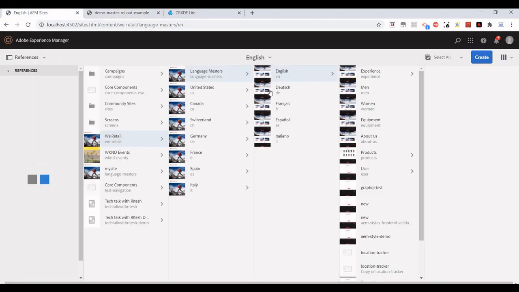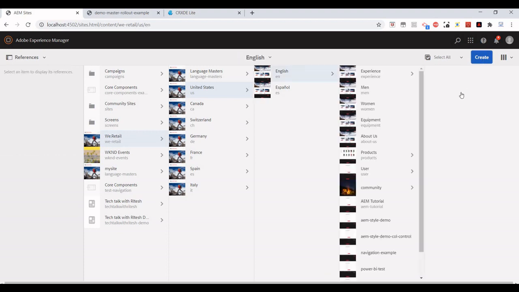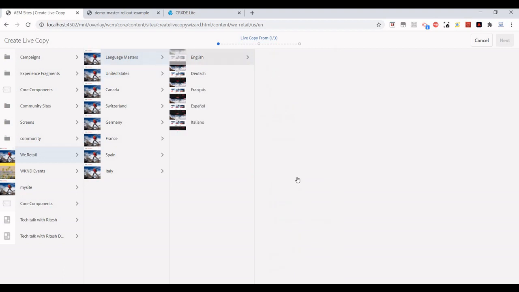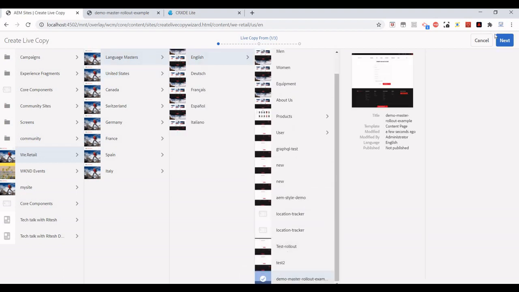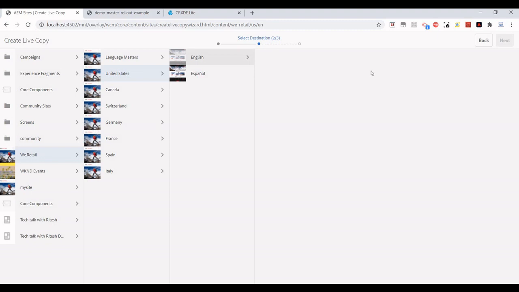This page is created. Now I will create a live copy using this page. I will go to US EN and create a live copy. My page was under here, demo master rollout example. I will select it, click on next, and choose where to create it, under the English page.